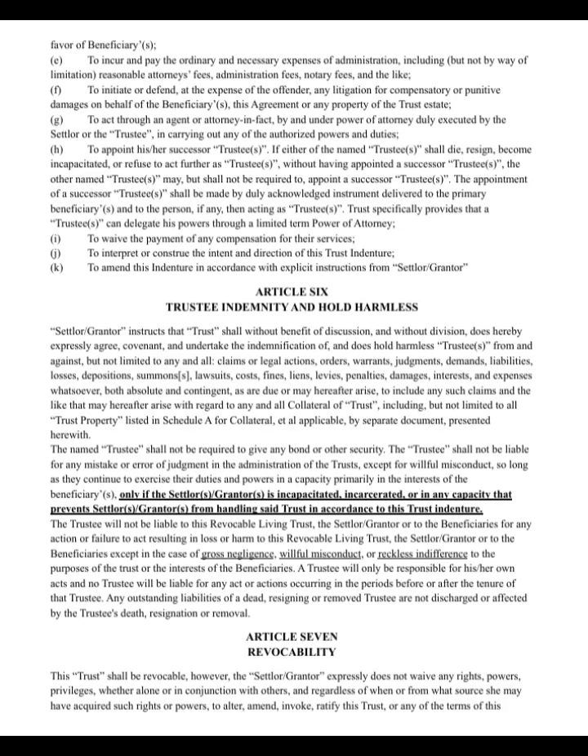So, Article 7, revocability. This trust shall be revocable. However, the settlor expressly does not waive any rights, powers, privileges, whether alone or in conjunction with others, and regardless of when or from what source she may have acquired such rights or powers to alter, amend, invoke, ratify this trust, or any of the terms of this agreement in whole or in part at any time settlers deem fit at any time during the lifetime of the settler and while the settler grantor is not incapacitated, settler may